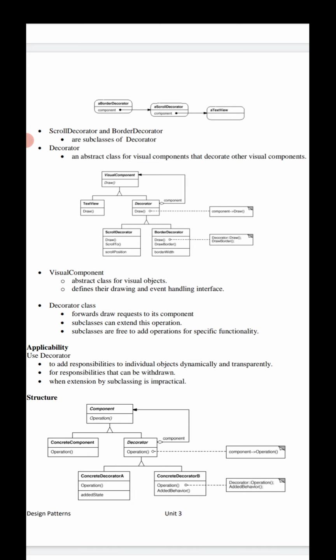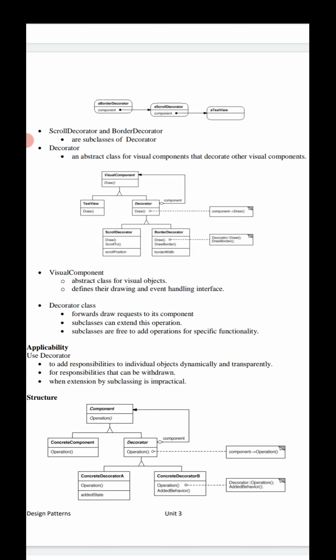The essential aspect of the decorator pattern is that it lets decorators appear anywhere. A visual component can use this pattern so that clients generally can't tell the difference between a decorated component and an undecorated one.